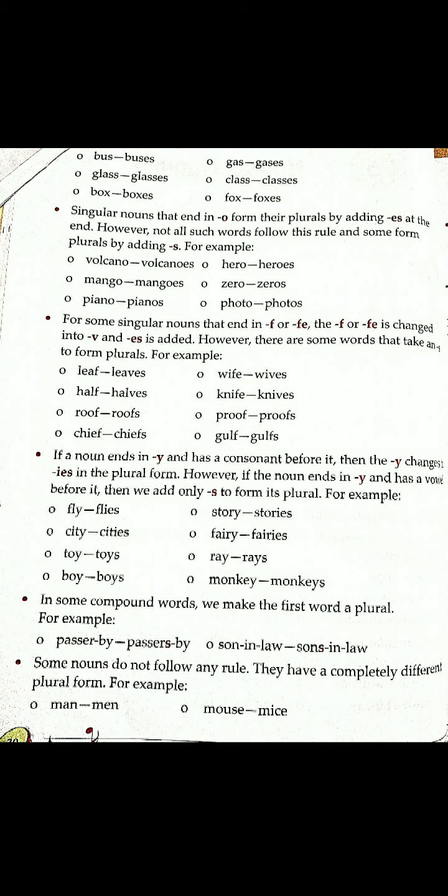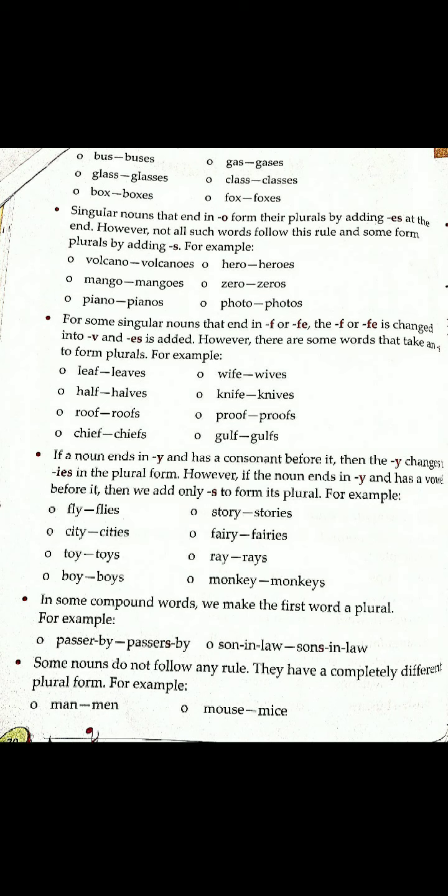Singular nouns that end in o form their plural by adding es at the end. However, not all such words follow this rule and some form plurals by adding s, for example. Now, if we have a word which ends with o, then we can add es or s. Volcano, volcanoes. Mango, mangoes. Piano, pianos. See, we add es at the end of volcano and mango, and we add only s in the